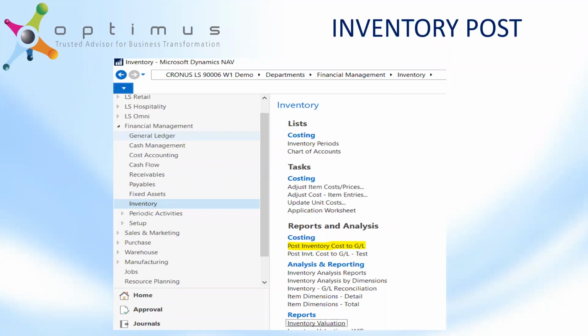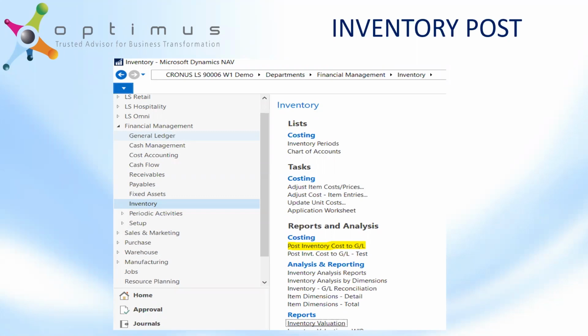And last but not least, post inventory cost to GL, all right? We need to record the quantity and value changes to the inventory in the item ledger entries and the value entries when you post inventory transactions such as sales shipments or purchase receipts, unless you have selected one,